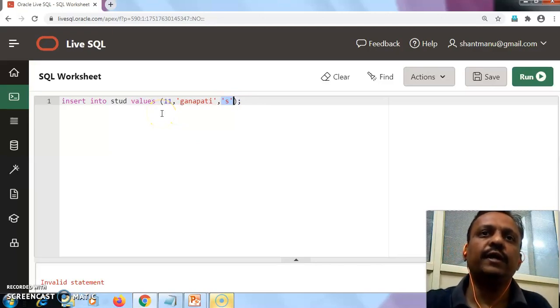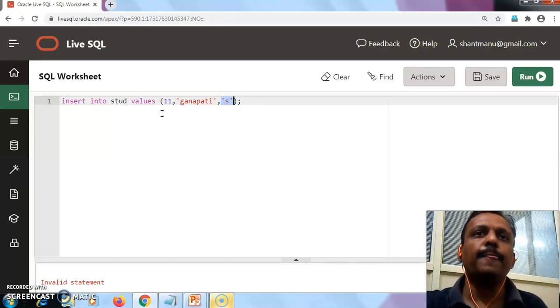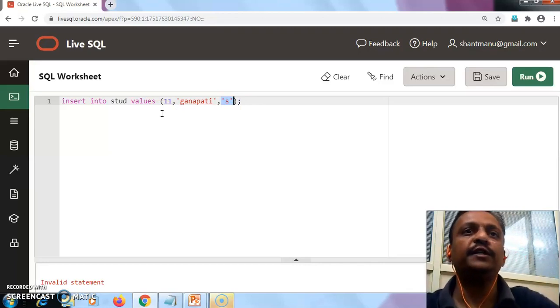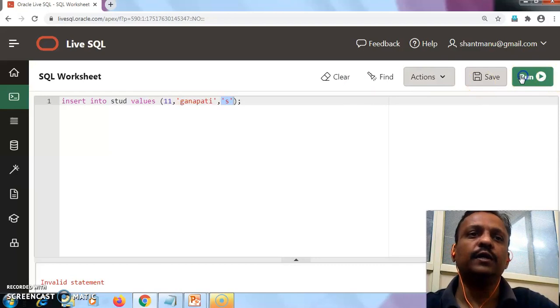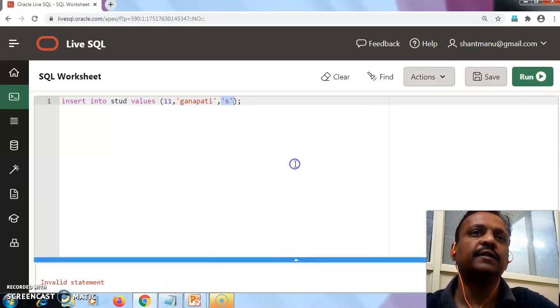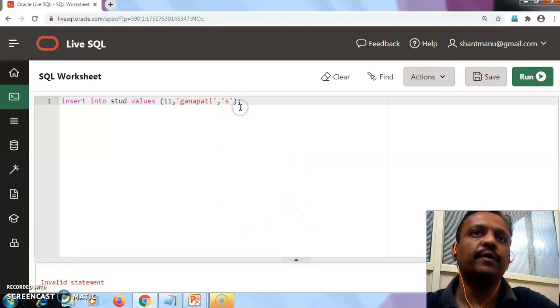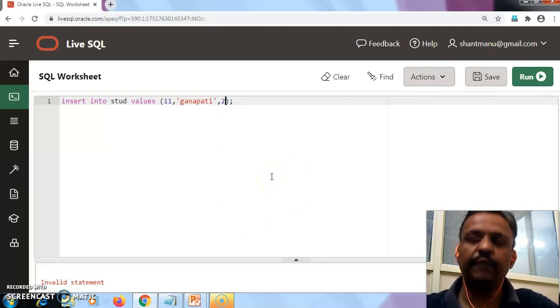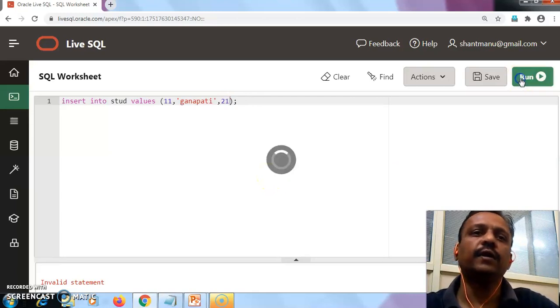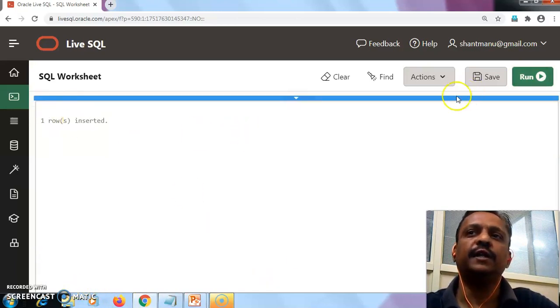What is the value? That is capital A, small s. It is not a valid value for the integer data type. So it shows you an error, that is, invalid statement. If you put something like 21 here, it will be executed properly. That is, the value is inserted.